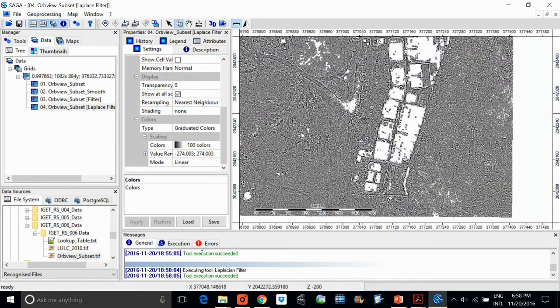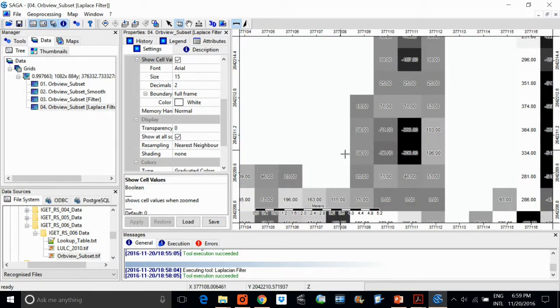If you go deeper to this section, and just say that I want to show the cell values, apply, go, you see, there is a sudden abrupt change in the pixel values.